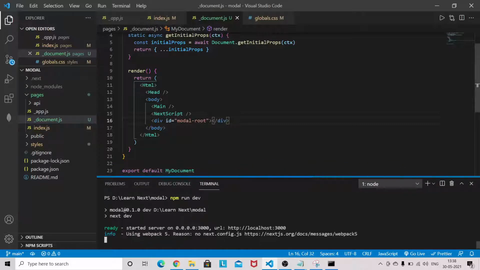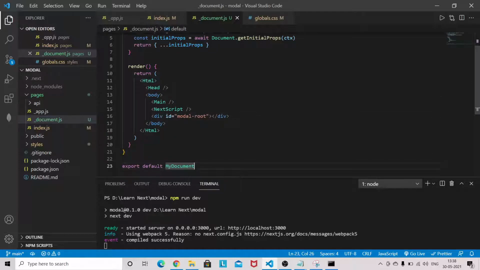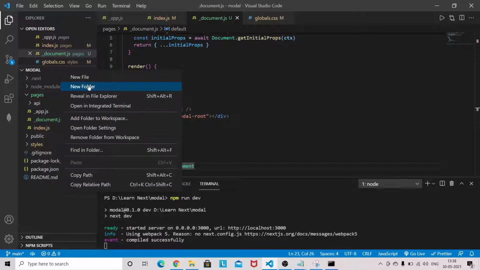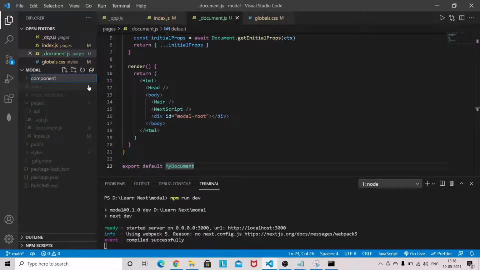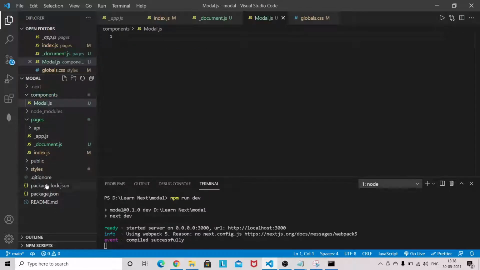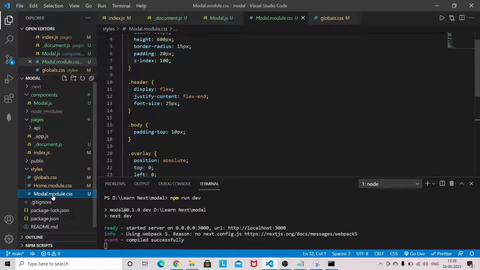Now we'll create one folder here, components, and we'll have the file named Modal.js. For the modal, we have a separate file for styling it.